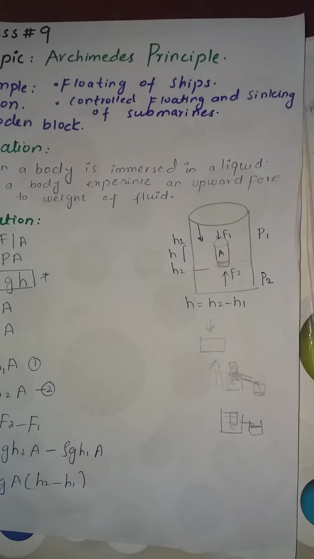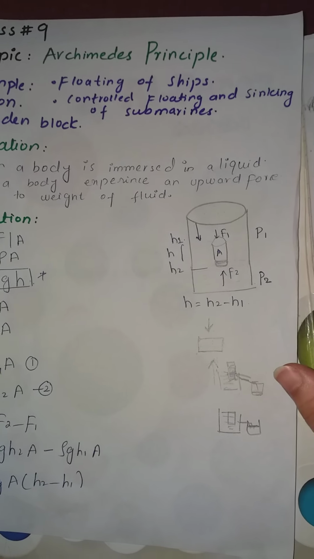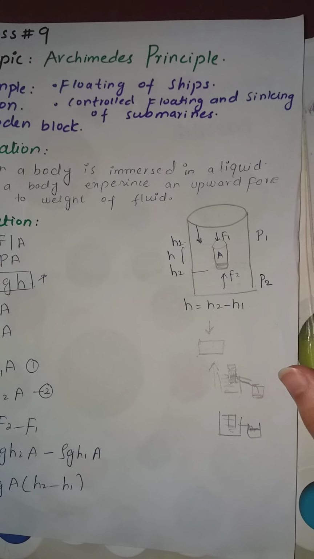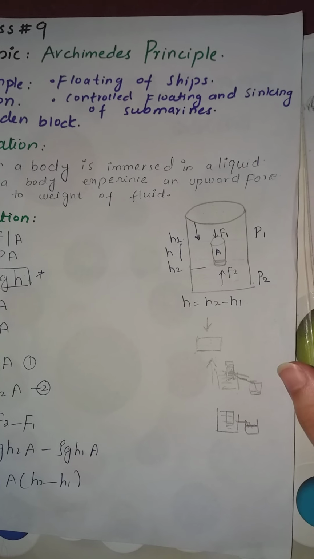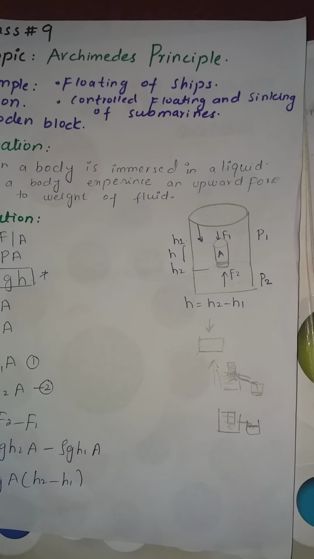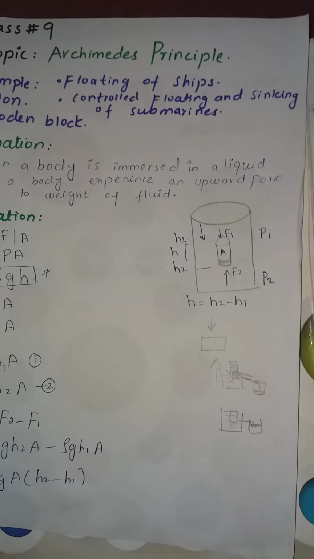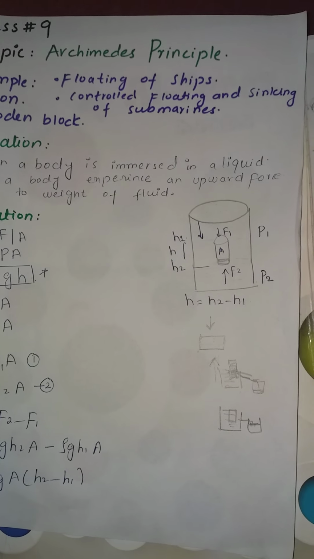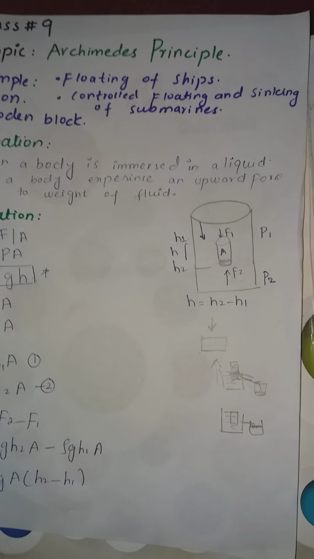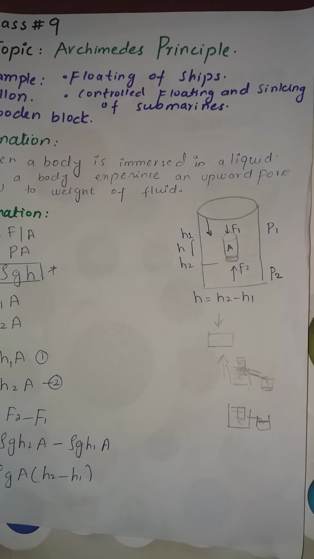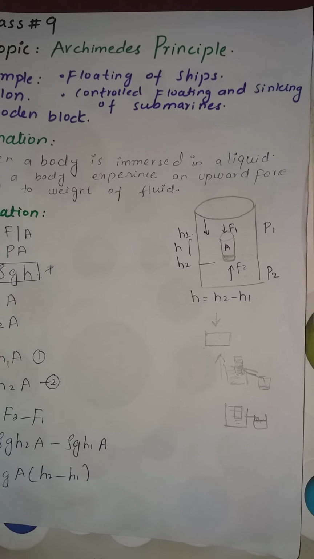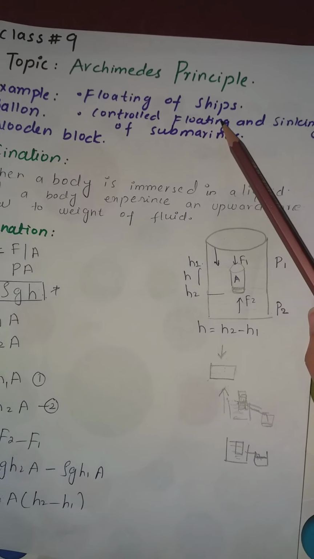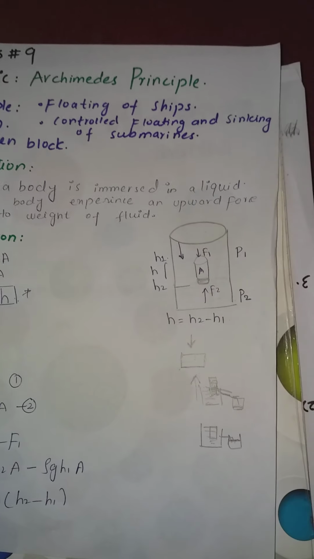then because its weight is lighter as compared to the weight of water or the buoyant force that has been applied to it. Thus, these ships can float safely on the surface of water. How? Because of upthrust force, because of their area; they are heavy weight, but they are specially designed in such a way that they can float on the surface of water because of their area and because of the upthrust force, ठीक है. Now what is the next example, controlled floating and sinking of submarine means